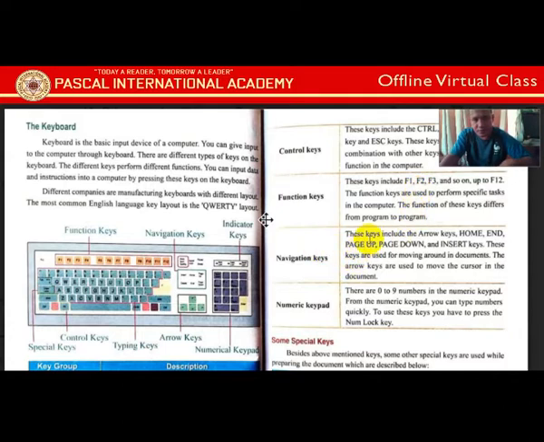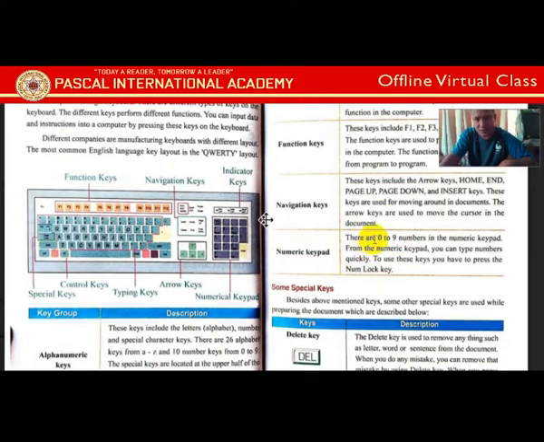Next one is the navigation key. As I told you, navigation keys are Home, End, Page Up, Page Down, Insert. These navigation keys navigate from one place to another. If you are in the middle of the line and press the Home key, it will take you to the first of the line. The End key goes to the last of the line. Page Up, one page up, Page Down, one page down. Another is the numeric pad, especially for mathematical calculations. There will be 0 to 9, slash, asterisk, plus, minus, Enter, and Del also.